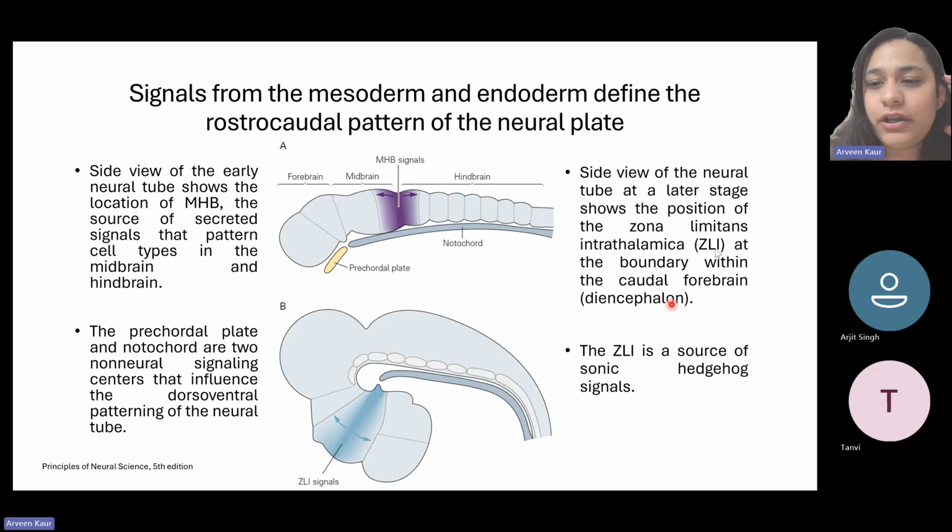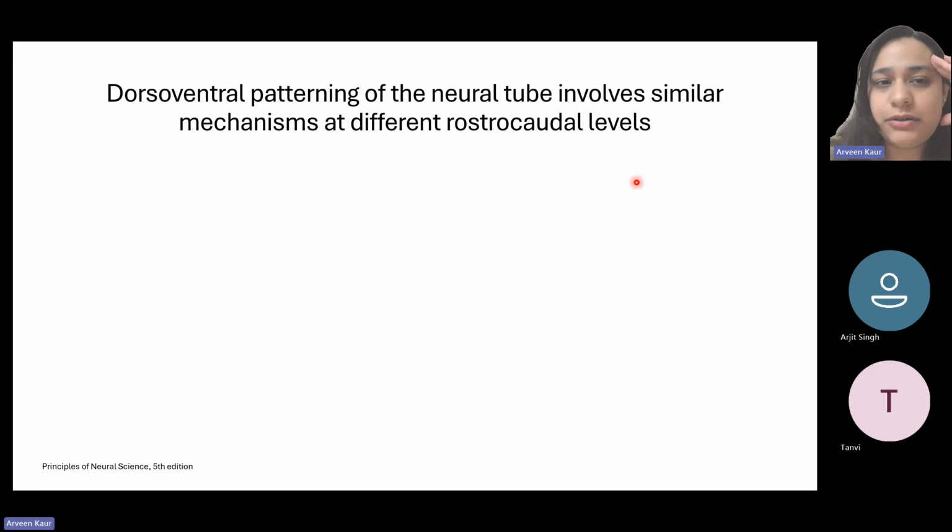So depending on what kind of signal this developing brain is getting from either the mesoderm or the precaudal plate, they will further differentiate accordingly, and there will be differential expression or differential patterning of the brain that is done. Then